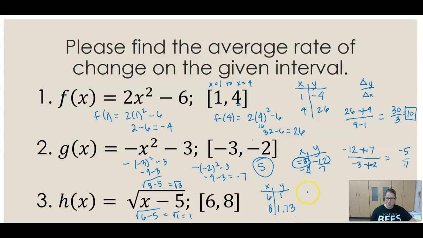And then we just do change in y over change in x. So 1.73 minus 1 over 8 minus 6 is equal to 0.73 over 2. And if I put that in my calculator, I'm going to get an error. I did something wrong. I put a double divide sign. So 0.365. So that's the rate of change there. Okay. So let's go ahead and look at